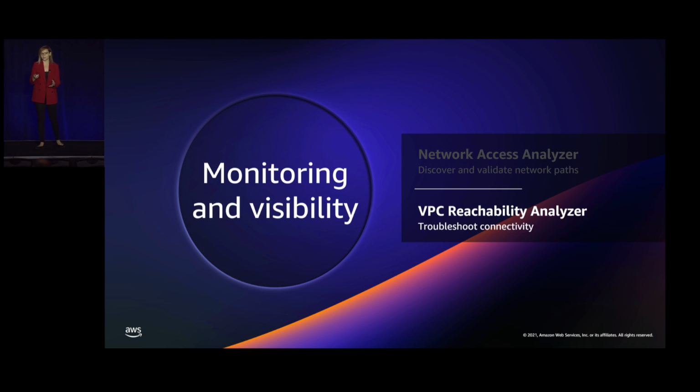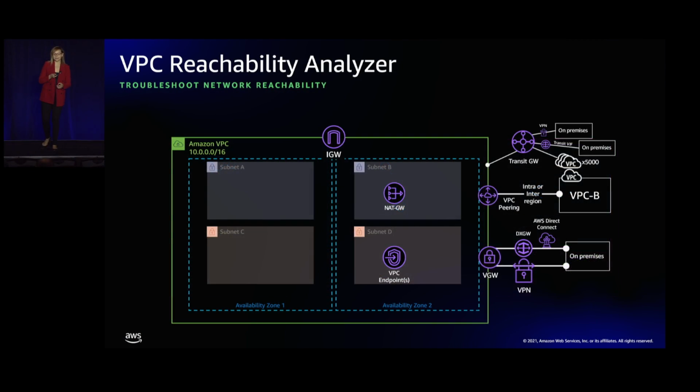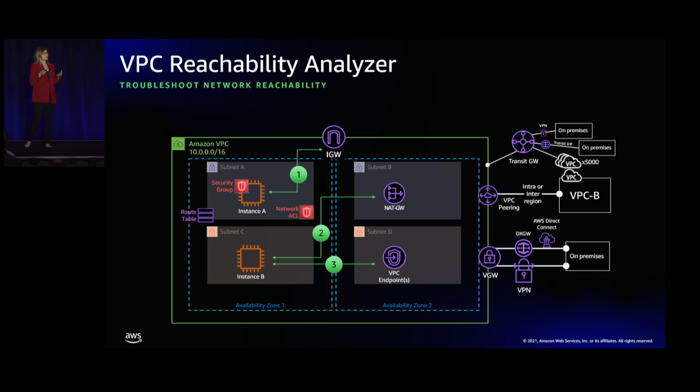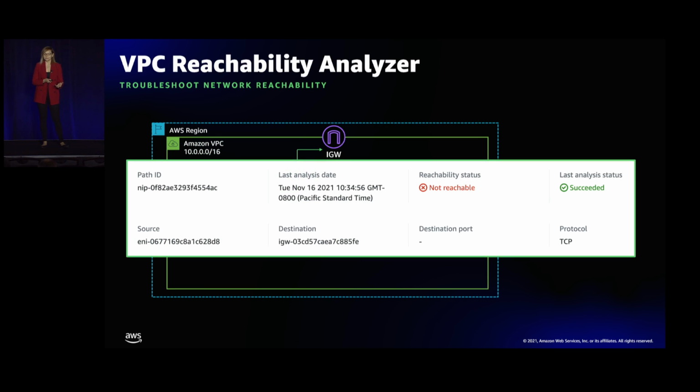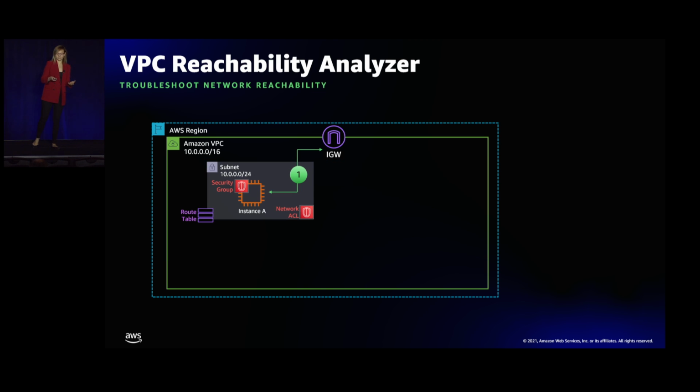How do we troubleshoot them? Well, at the VPC level, we do have multiple constructs that play into the accessibility and reachability of resources. We have security groups, NACLs, route tables, and all these influence the paths in our VPC and outside our VPC. Now, once we've discovered all those paths with Network Access Analyzer, what we want to do is try and understand why some of them don't work. And I've chosen here a path that doesn't work, and we're going to see why.